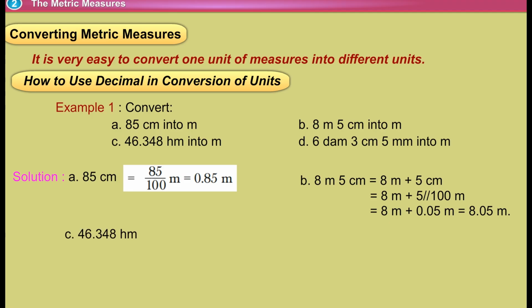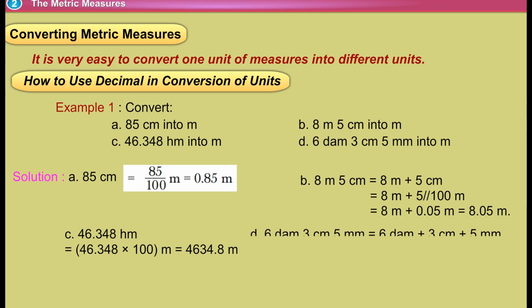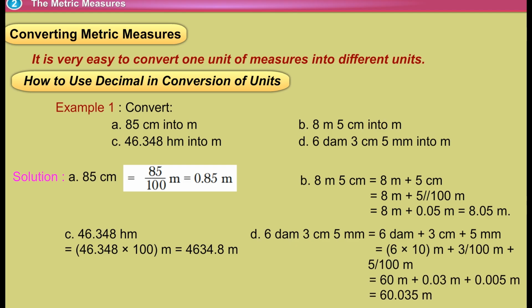C, 46.348 hm is equal to 46.348 times 100 m, which is equal to 4634.8 m. D, 6 decameters 3 centimeters 5 millimeters is equal to 6 decameters plus 3 centimeters plus 5 millimeters, which is equal to 6 times 10 meters plus 3 upon 100 meter plus 5 upon 1000 meter, which is equal to 60 meters plus 0.03 meter plus 0.005 meter, which is equal to